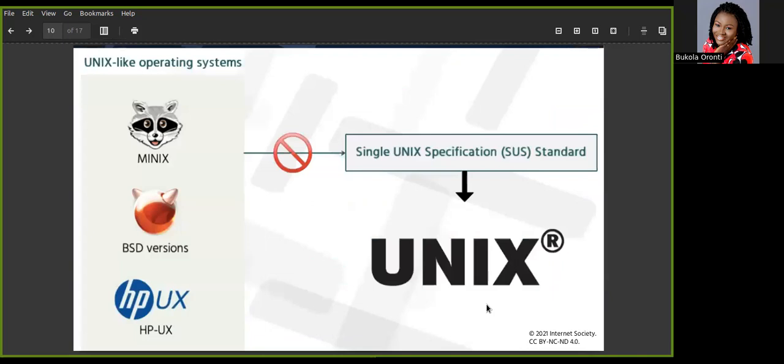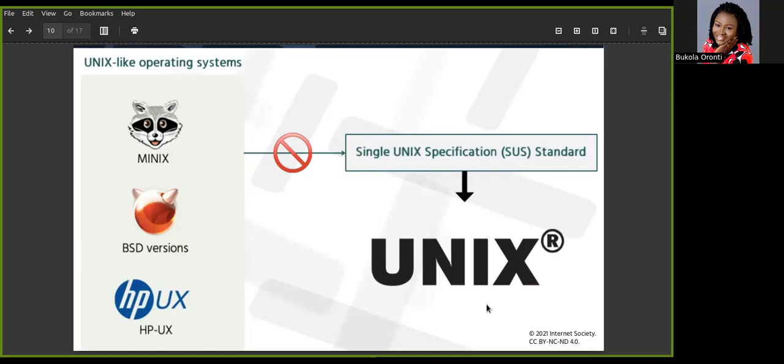Okay, like I said earlier, a Unix-like operating system is one that came out of the Unix source code, such as Minix and the BSD versions, that is FreeBSD, OpenBSD, and the HP. But the catch here is that they do not conform with the SUS standard.